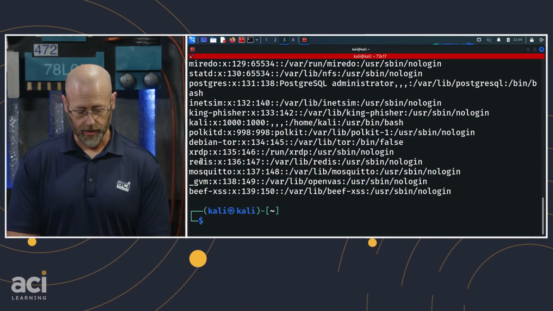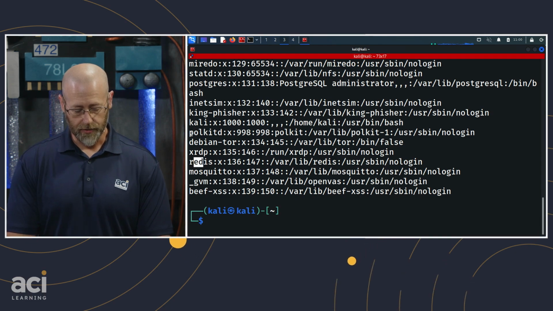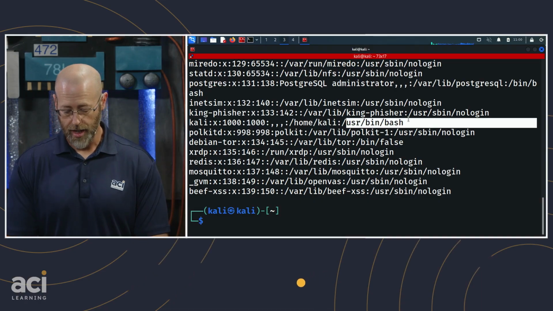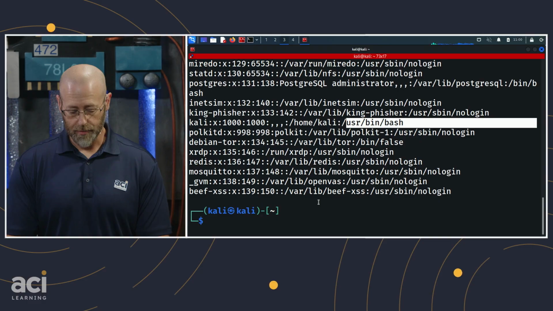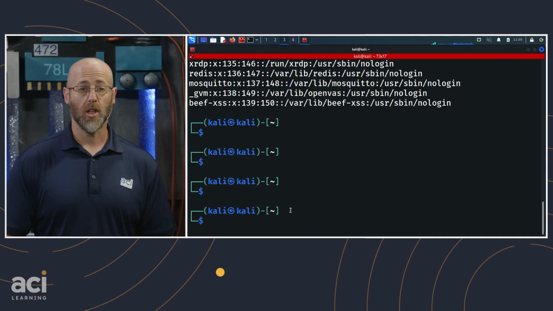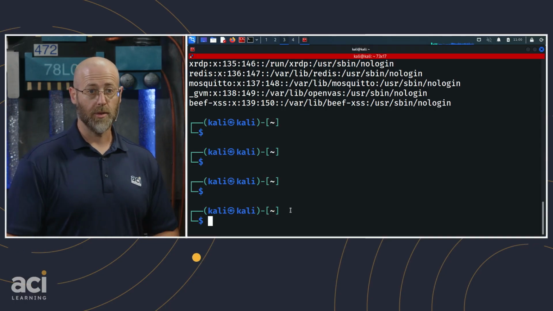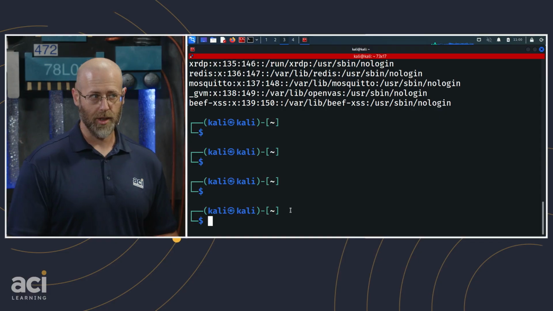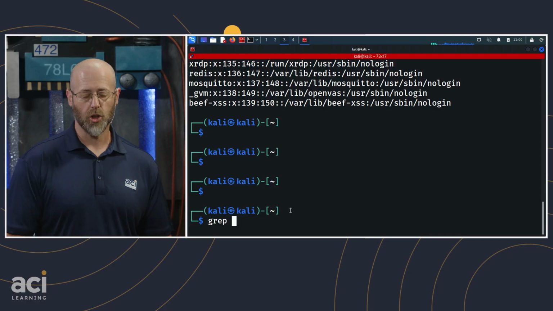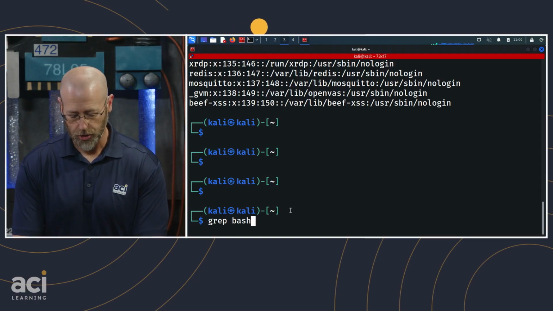Jump over to a Linux, do a cat /etc/passwd, and I can look through here for all the user accounts. I can see I've got one for Redis. I've got this PolKitD. I've got Kali, which is my actual user, and I can see that it has a login account. A lot of times, one of the best ways to look for if it has a login or not, because it is being used for someone to log in with, is to grep for a shell, like a login shell. So if I grep for something like bash, and I do that from /etc/passwd,